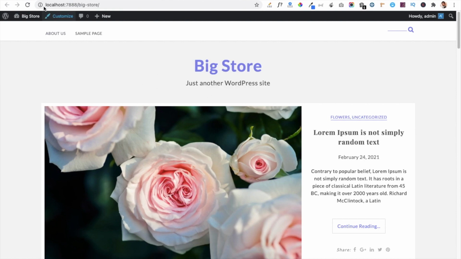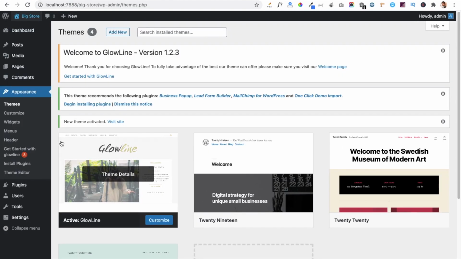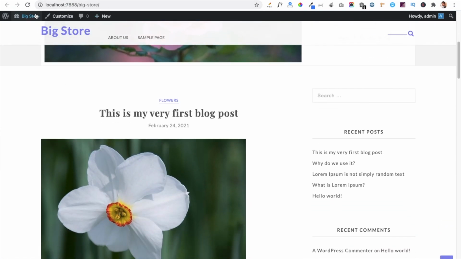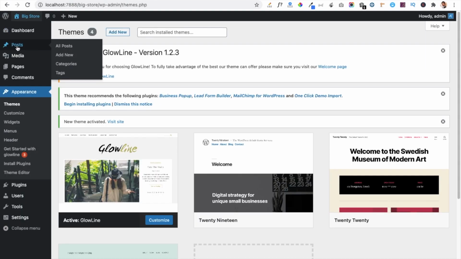So let's go back to our dashboard and see how we can add a post in our website and how we can manage the home page of our website. So first we have to go to the post section and click on the add new link to add our new post.